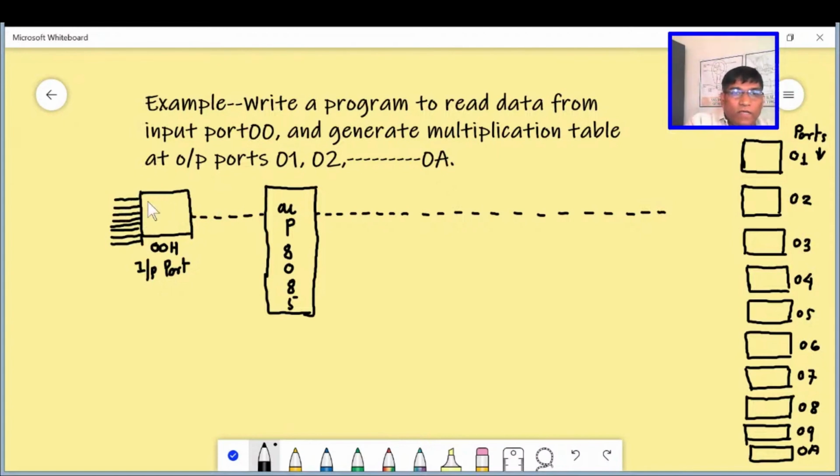Suppose say we are having the switches such that say we have generated 08. This is the data input to the input port. This will be read by the microprocessor, and then it has to generate the different multiplication table.